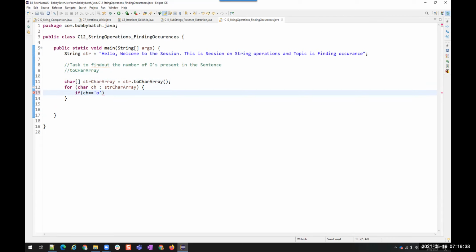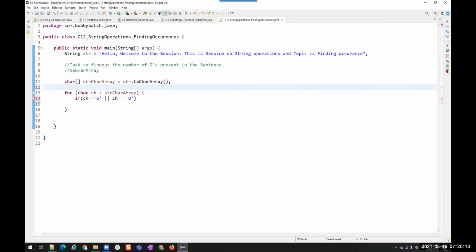We want o. ch double equals to o, or ch double equals to O, uppercase or lowercase. We have to increase the count. To increase the count, there should be some variable, so I am creating a variable after this array.